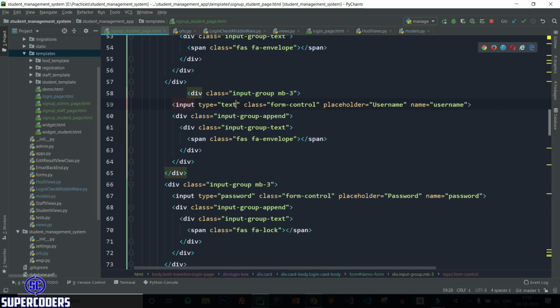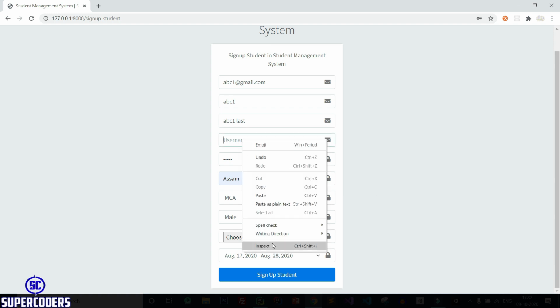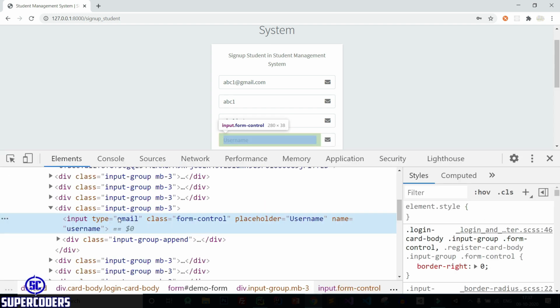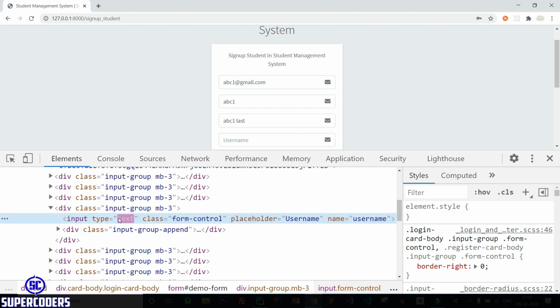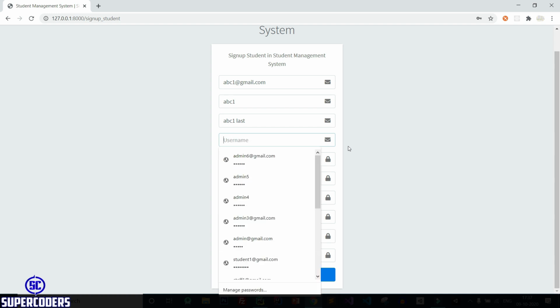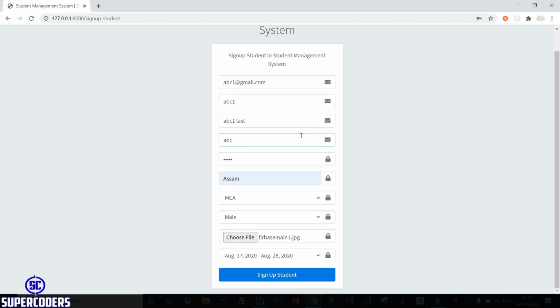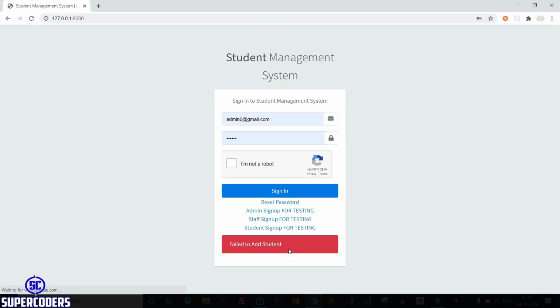Also back to Chrome, let's do one more thing, inspect, change this to text because I don't want to fill this form again, so that's why I'm not going to refresh this page. Click on sign up and fail to add a student.